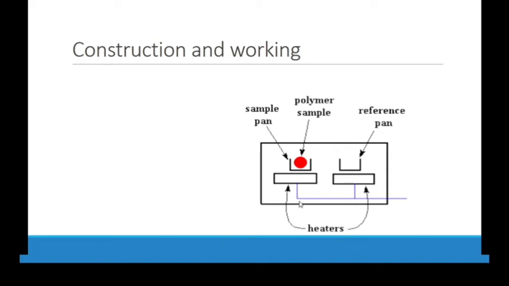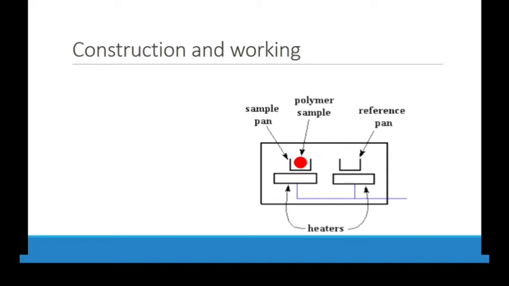Suppose the reference pan means the standard. If it is at 40 degrees, the other must also be at 40 degrees. Suppose two persons are walking, one near FC College and one near Mall Road, and both have to reach Anarkali. The person near FC College has to move fast, has to walk more. If he is walking, he has to run. So the heating rate is the same, so you have to move fast.